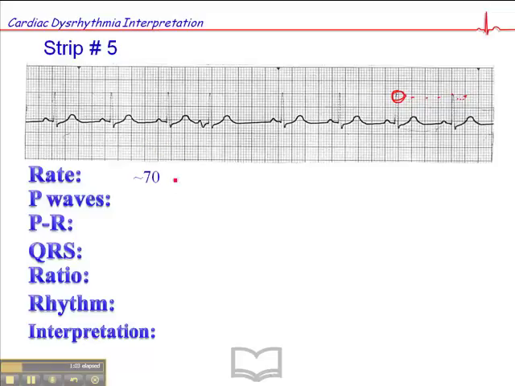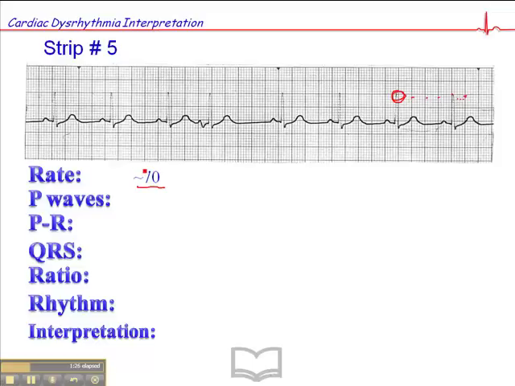Now, if you got 72 or 68, it doesn't matter, especially when the heart rate's in normal range, as long as you're in the ballpark. Where it becomes a little more important to be accurate is when the heart rate is tachycardic or bradycardic. But the heart rate is literally going to change from minute to minute. So if you got 68, if you got 66 even, or if you got 72, it doesn't matter